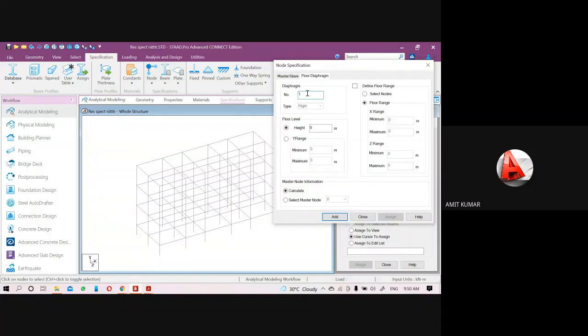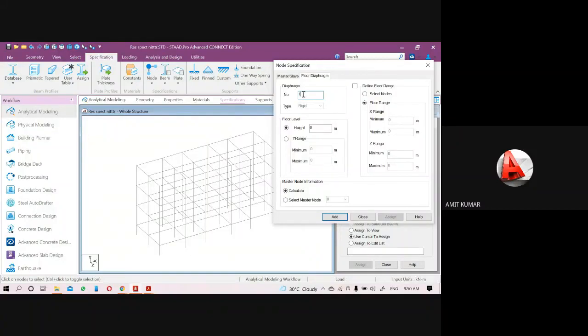Like, first I want to create the floor diaphragm here, so the number will be 1, and here we have to provide the numbers only in ascending order. You can't provide the number 3, then 2, and again 4.